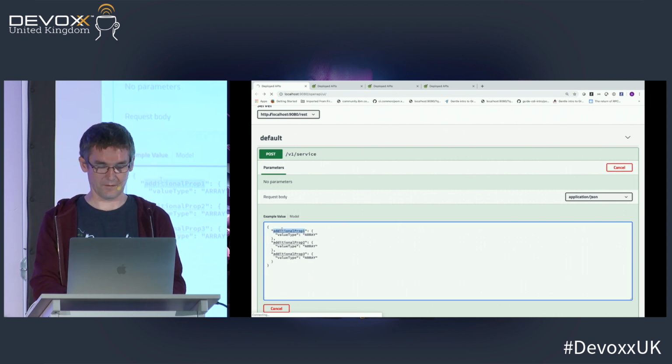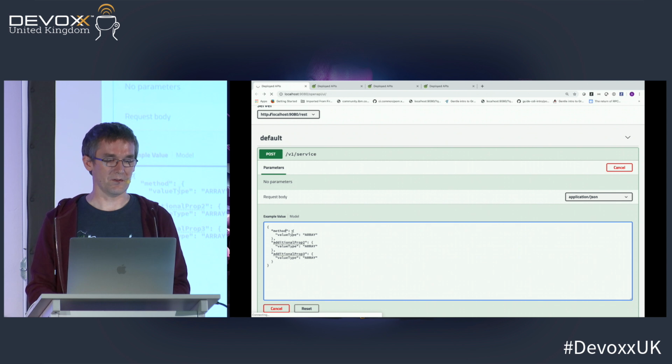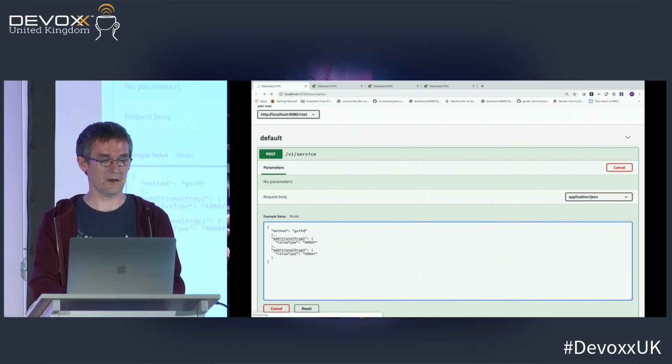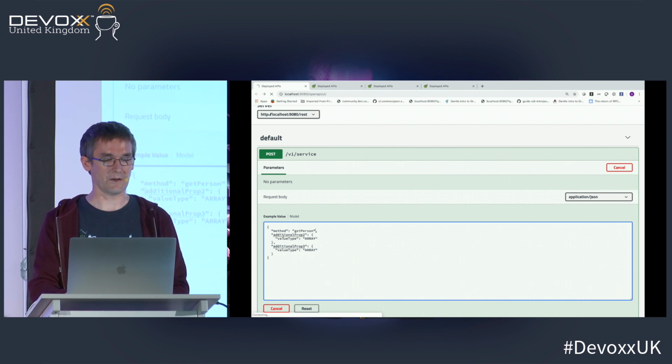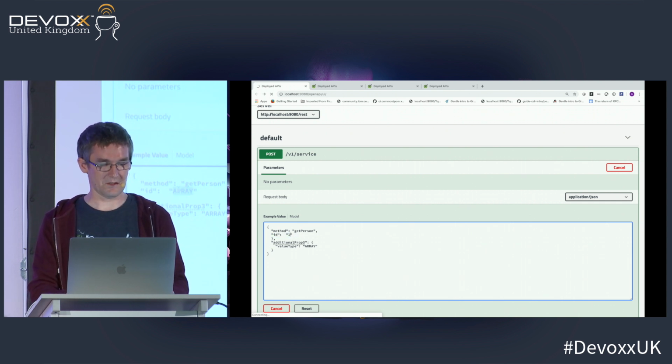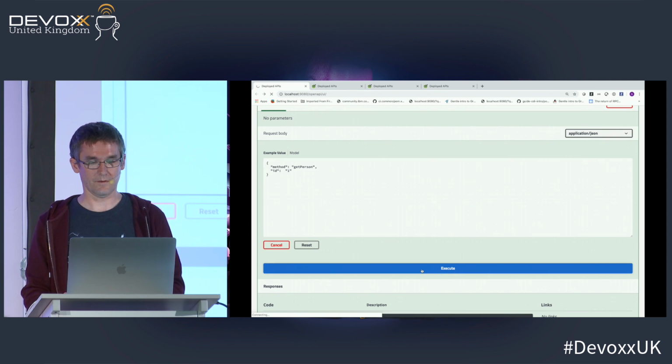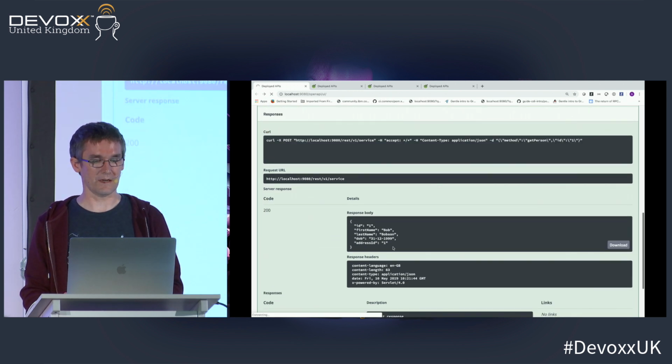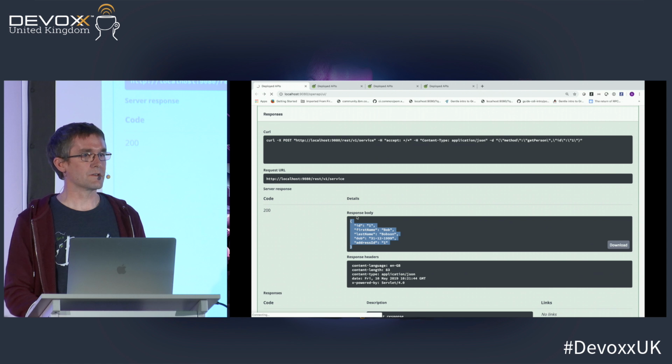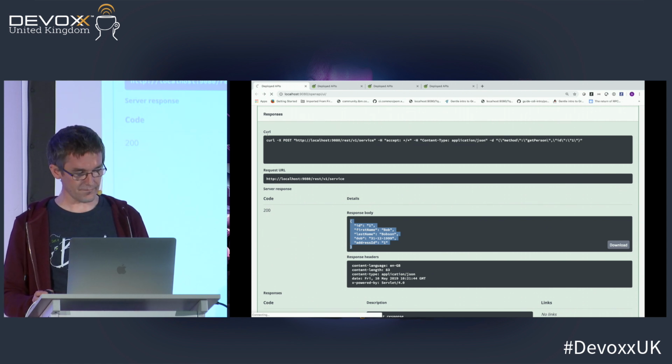But I happen to know that I've got a method property, and I'm going to call it getPerson because that's the method I want to make a request for, and I can get the person with a particular ID. So you can immediately see this isn't very helpful as a developer. I've got no information about the API and so on. So if I execute my request, hopefully I got it right, and yeah, we can see that I've managed to retrieve a person.